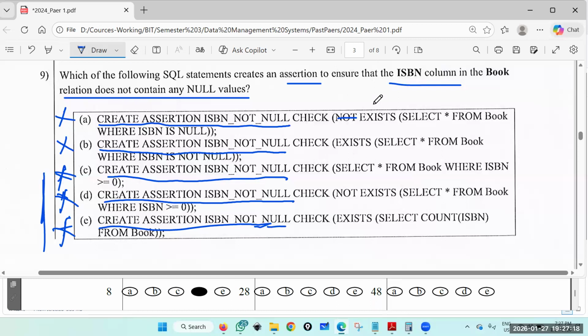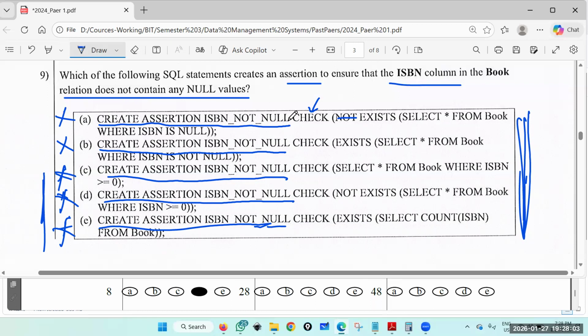If assertion means we need to make sure that if there's a null value, this statement is violated, right? That is why we need to check it. So, no, sorry. This statement must be satisfied, right? Yes, I check. Yes, sir. We need to check whether this is satisfied, right? Anyway, I will not go for C, D, E. So then again, let's look at it like that. So whether this statement is satisfied, not exist, select all from book where